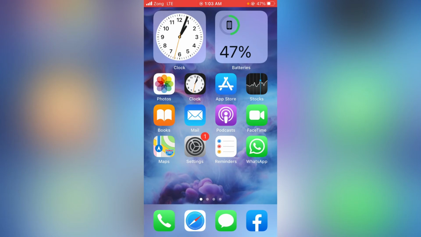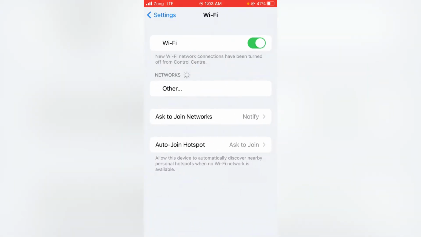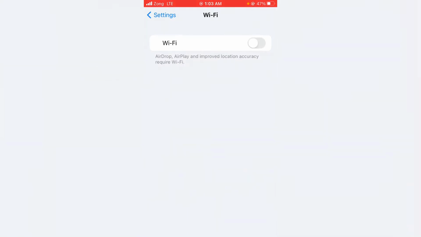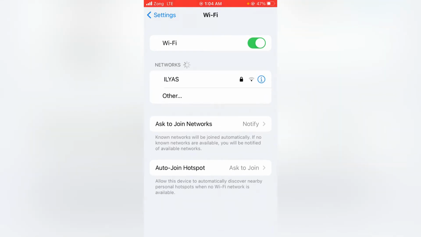For that, what you have to do is just again open the Settings app on your device and then tap on Wi-Fi connection here. From here you have to make sure that the Wi-Fi toggle is turned on. If in case it's turned off, you have to turn this on and then check whether the problem has been fixed or not. And if the problem is still not fixed, then what you have to do is just disable your Wi-Fi connection and then enable it again, or change your Wi-Fi connection and check whether the problem has